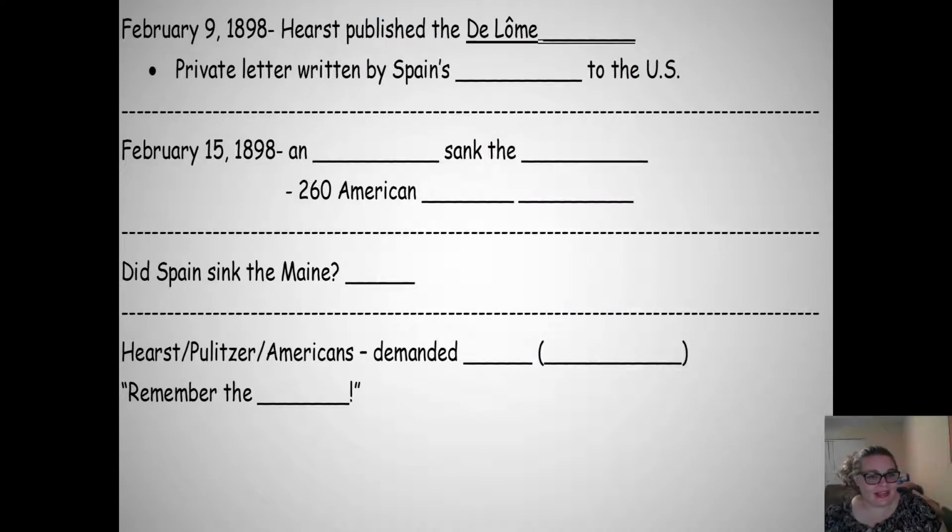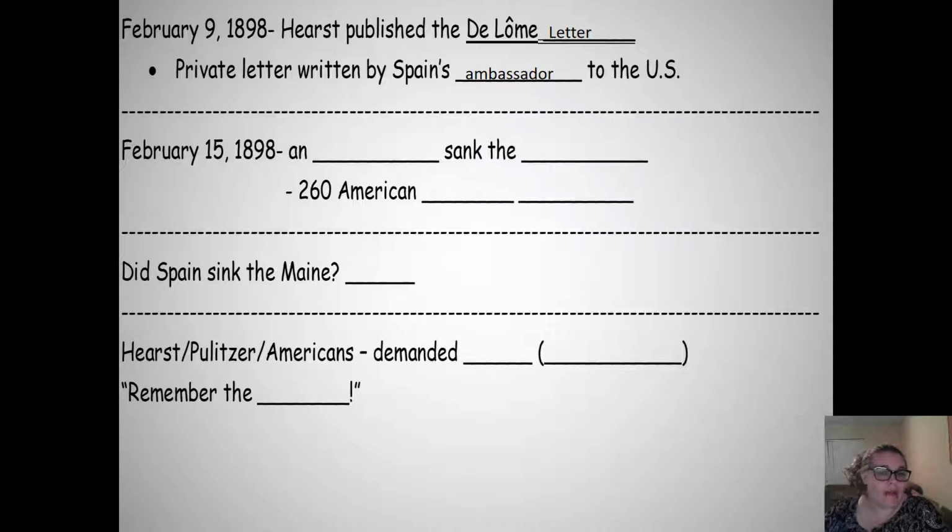February 9th, 1898, you have another big shocker. Okay? Hearst publishes something called the De Lome letter. Okay? This was a private letter written by Spain's ambassador to the United States to Spain's ambassador to Mexico. So it's two colleagues, right? Both of these men are Spanish citizens. One is basically Spain's voice in the United States, and the guy who is receiving the letter is Spain's voice